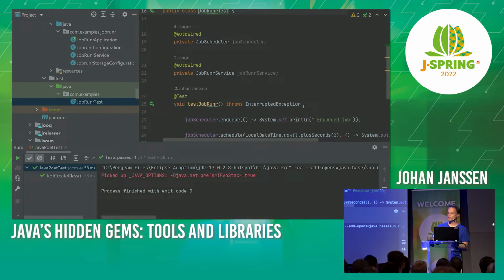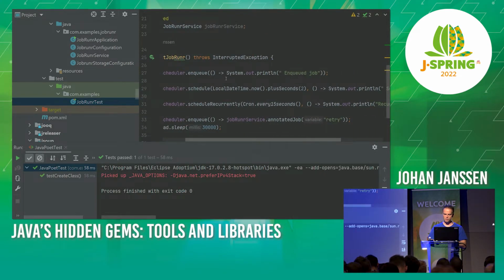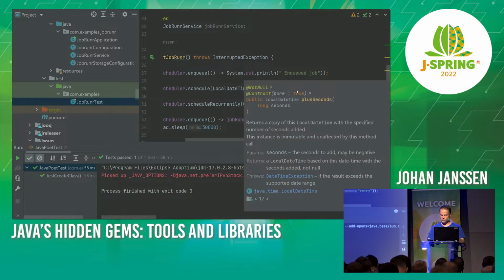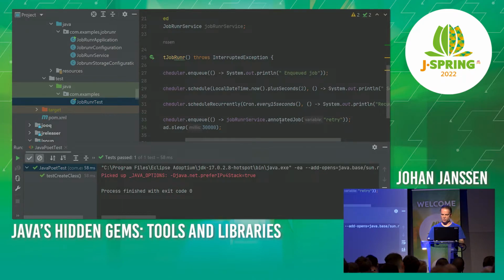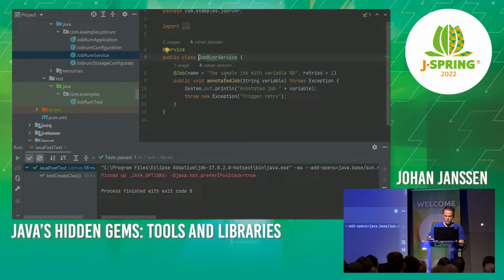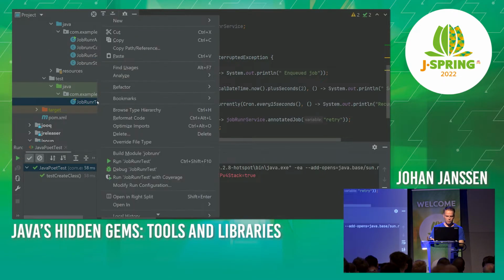In case you don't have Spring Boot and want to have a separate library for it, you could use something like this. So here you can see, for instance, I schedule something which happens plus 2 seconds from now, or every 15 seconds, or based on an annotated job, which is, let's see, I think it's in here. Yeah, so this one, so the Job annotation is also part of Job Runner. Here I say that this method, if it fails, I want to retry it once. And of course it fails because I throw an exception. Really simple example. And if I run this one,